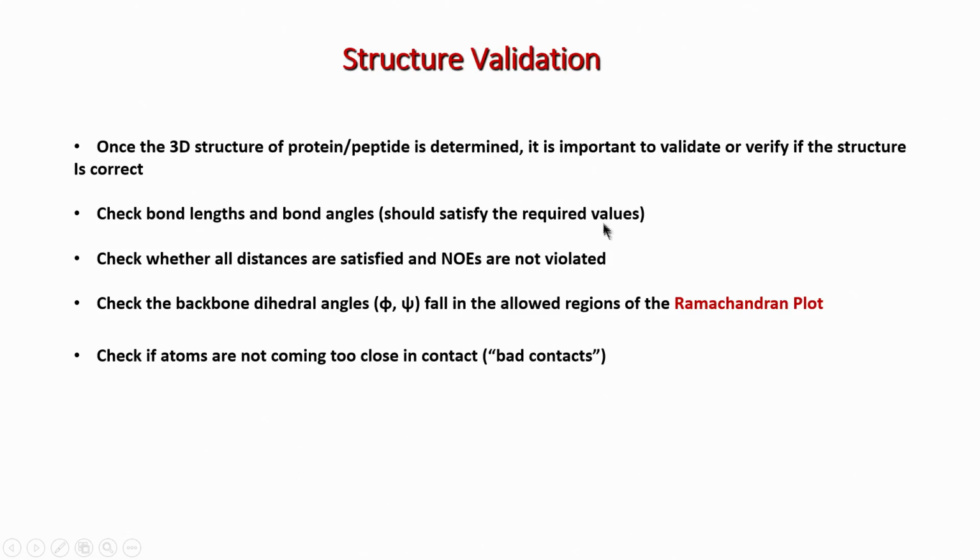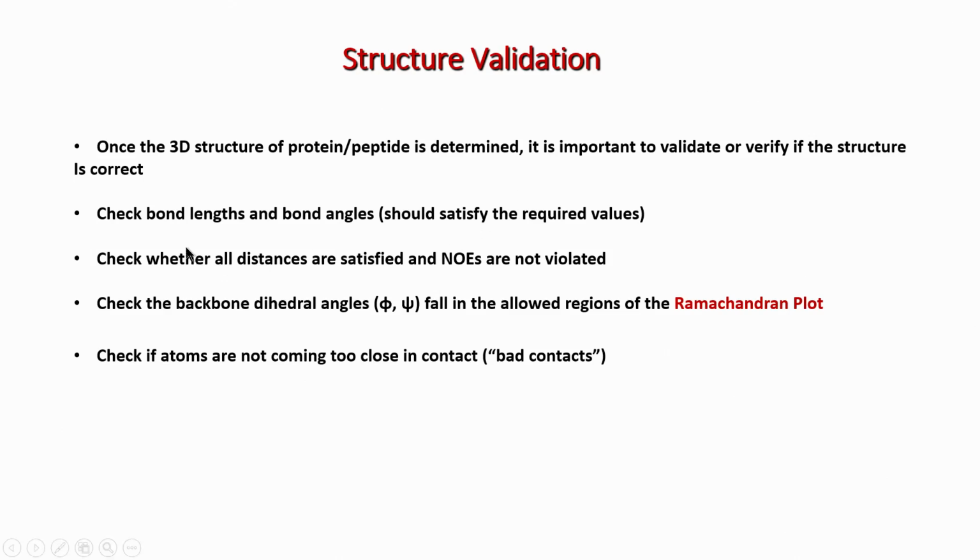Okay. So, now the next part in NMR structure determination is to verify. Remember we have solved the structure, but how do we trust that the structure is correct or not? How do we believe? How do we validate? This is a very important step in protein structure validation, where we have to see whether the structure is correct or not. Typically this is done by many software. Normally it is done by the database where we deposit the structure. The database already does a lot of pre-checking before it accepts your structure. If the structure is not satisfactory or is violating some basic rules, then it is not allowed to be deposited.